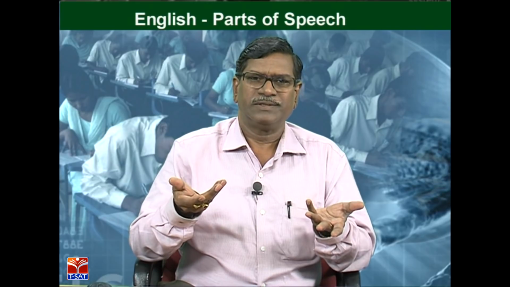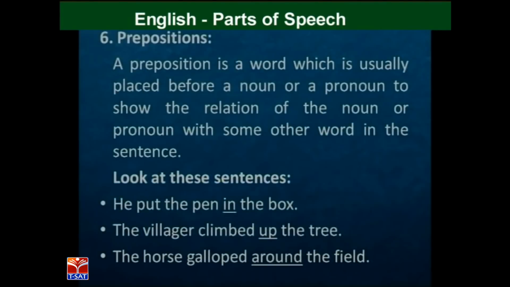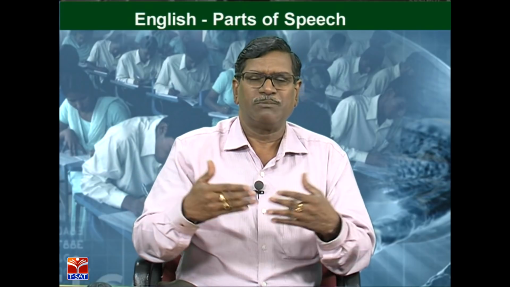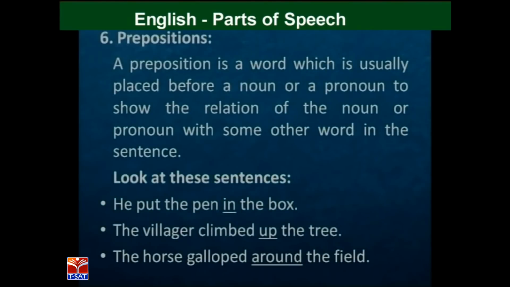Next variety is preposition. It is a word which used before a noun. ఒక నౌన్ ముందు వాడతాం దాన్ని. నౌన్ ముందు వాడుతూ ఈ నౌన్కు సెంటెన్స్లో ఉన్నటువంటి మరొక పదానికి మధ్య ఉండే సంబంధాన్ని ఇది ఎస్టాబ్లిష్ చేస్తుంది, ఈ preposition అనేటువంటిది. See, look, he put the pen in the box. ఇన్ అనేటువంటిది బాక్స్ ముందు వచ్చింది. ఈ బాక్స్లో పెట్టింది ఏమిటి? పెన్. ఆ పెన్ని, బాక్స్ని, ఈ రెండింటికి మధ్య సంబంధాన్ని ఏర్పరుస్తుంది ఇన్ అనేటువంటిది.